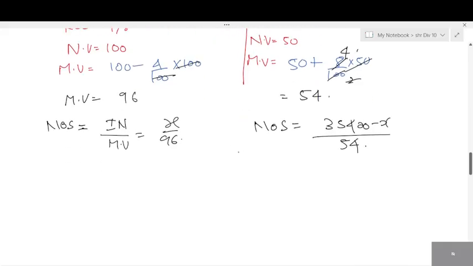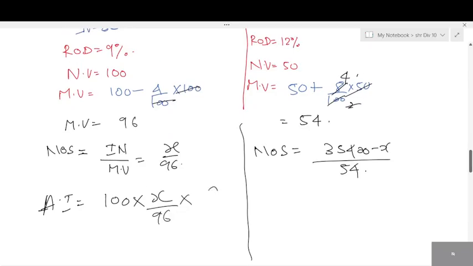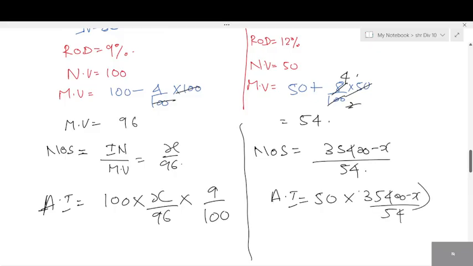So calculate investment for both. Sorry, annual income. Annual income is equal to dividend, which is nominal value 100 into number of shares, use this X divided by 96, into what is rate of dividend? 9 by 100. Very good. Next, for the next one, what is annual income? 50 into 35,400 minus X divided by 54 into rate of dividend is